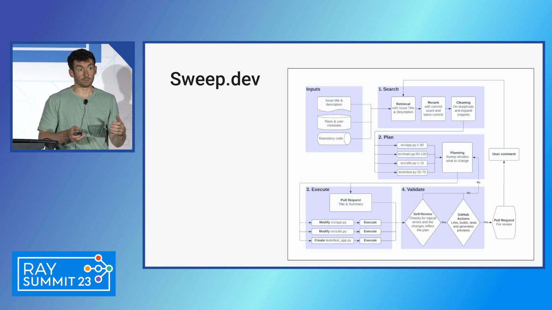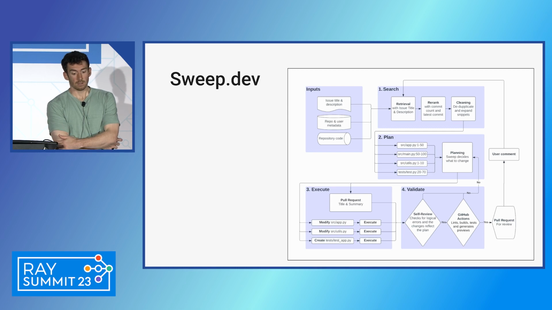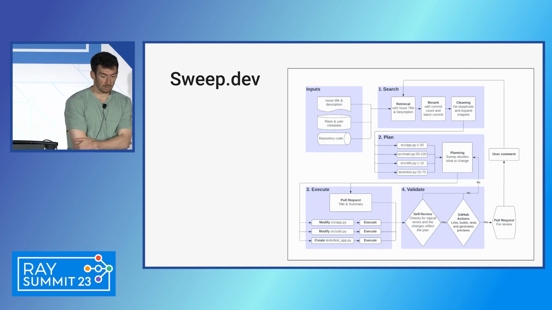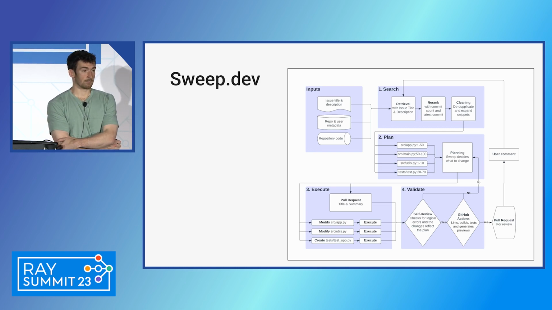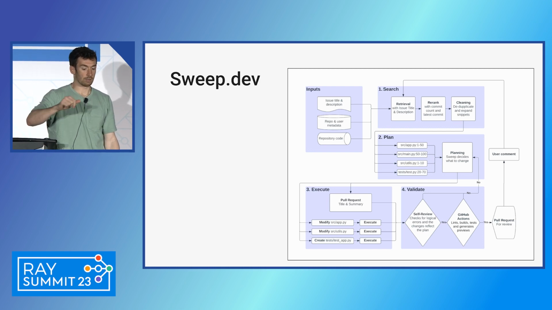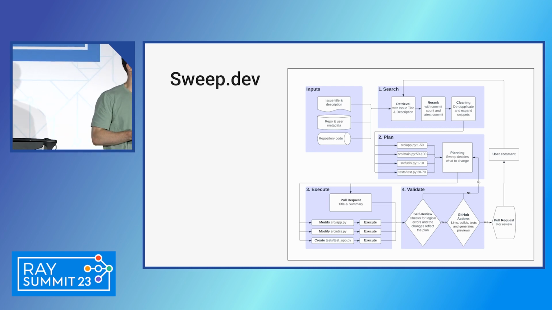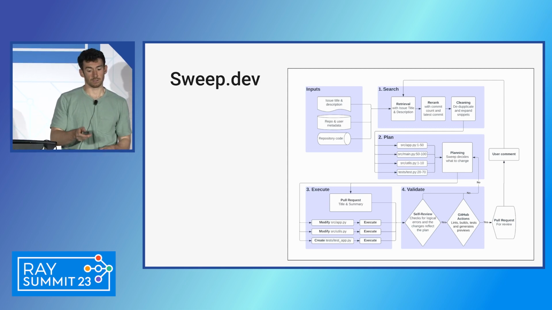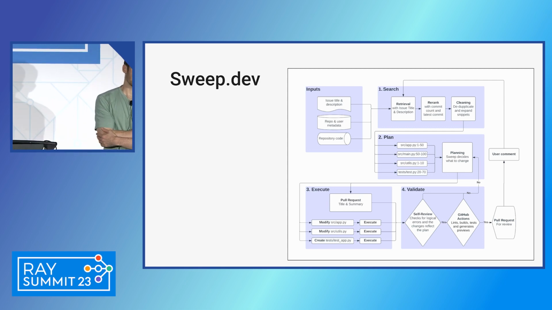And to provide a real-world example, this is from sweep.dev, which is an agent for coding. And you can see here that there are very clearly 4 different states, and there are some cycles between them. So there's a search state, and then there's this plan, execute, validate state. And there's this cycle where you go from plan to execute, then from execute you go to validate. From validate you can then either open a pull request, which is basically finish the job, or you can go back to plan if that step realizes that it's not quite done yet. And so there's this cycle here.